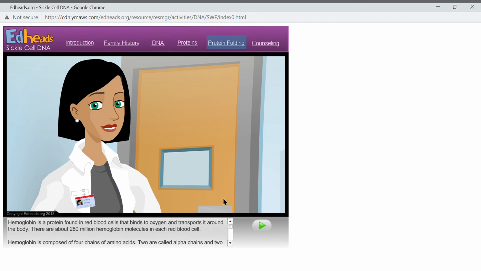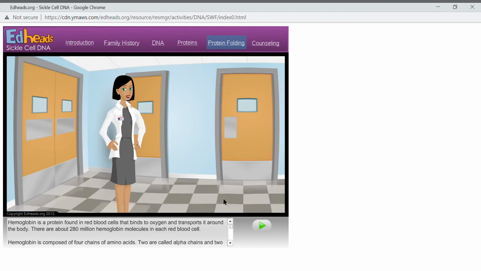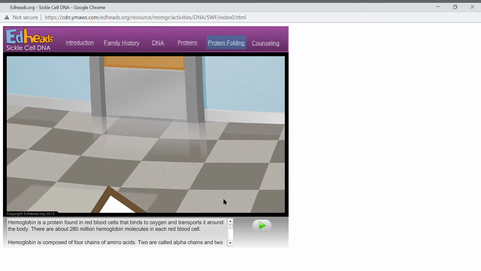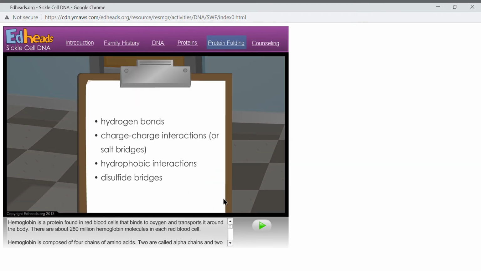Compared to most chemical interactions, the forces that hold a protein in its folded state, or control protein to protein interactions, are weak. However, many weak interactions combine to eventually lock the protein in the folded structure. Because folding of most proteins involves many different interactions, the process is complicated, and even one amino acid change can drastically alter the overall result. There are only a few types of interactions leading to folding: hydrogen bonds, charge-charge interactions, or salt bridges, hydrophobic interactions,